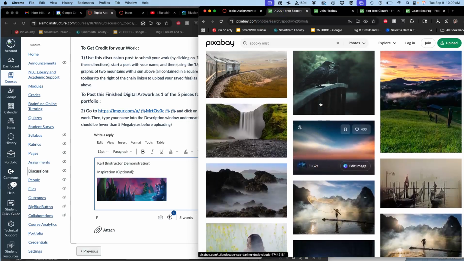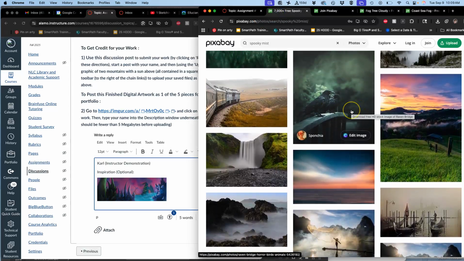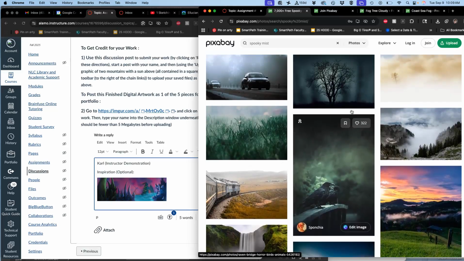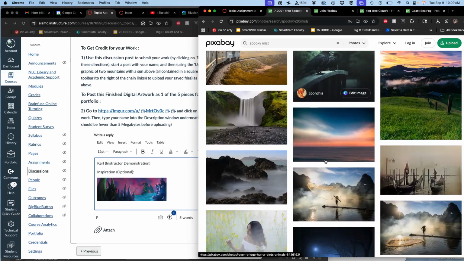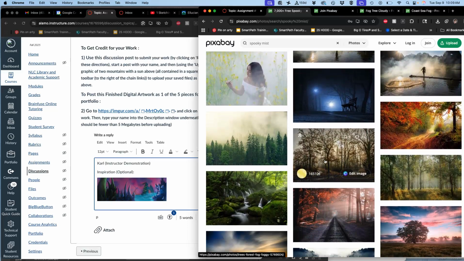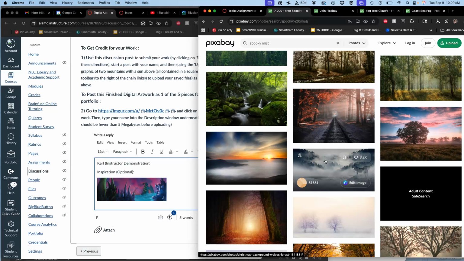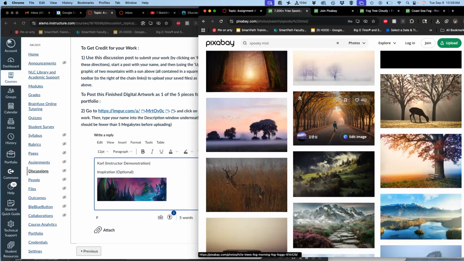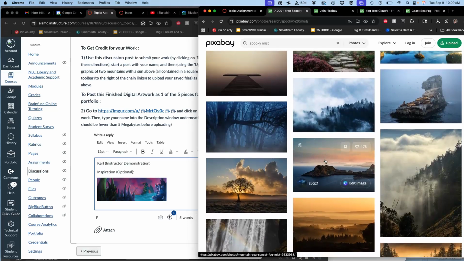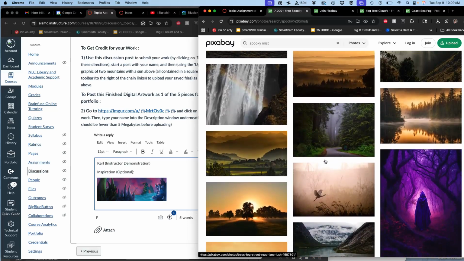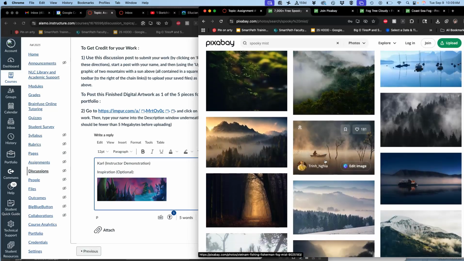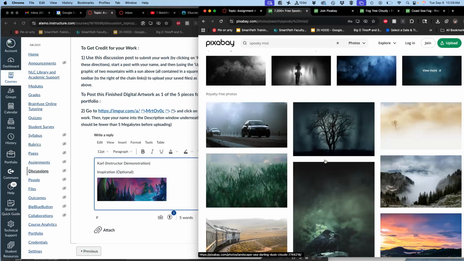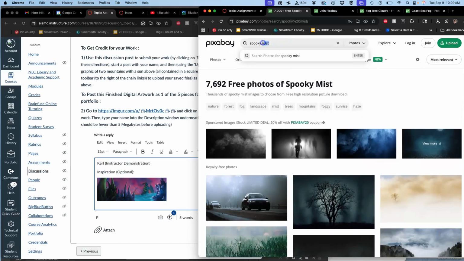So I'm going to look for really spooky skies. And I don't like them when they're monochrome, right? When they're just one color, even if they're spooky. So let me see. I need them to be open and have jagged cliffs. So how can I look for that? Let's try